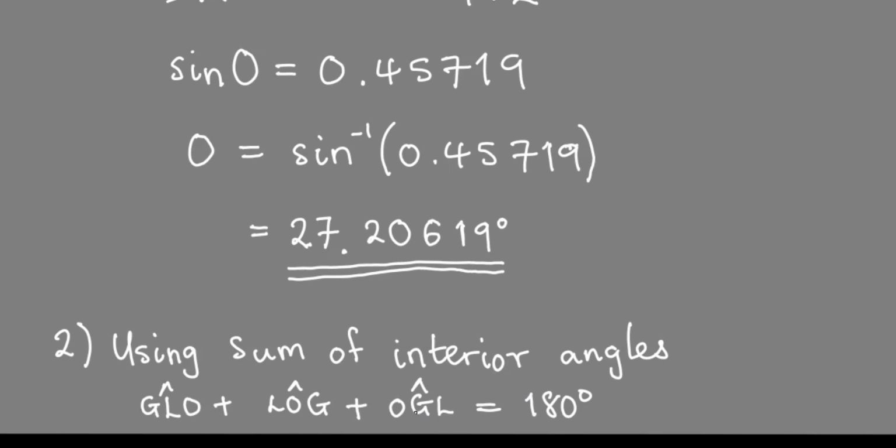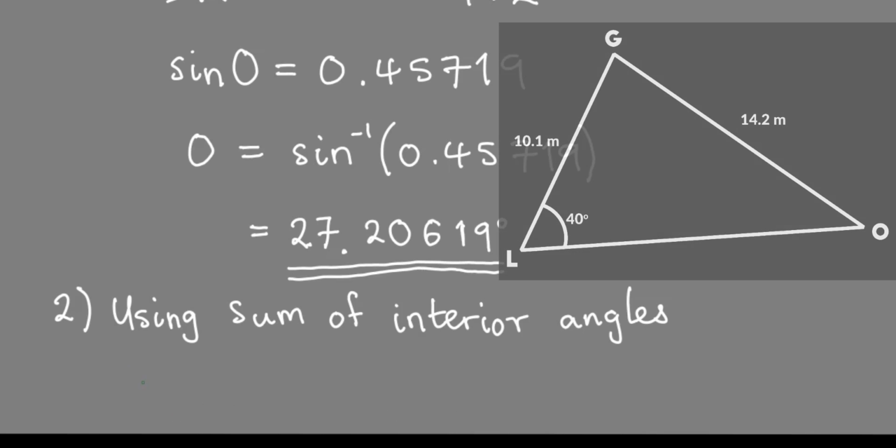So if we make OGL the subject, meaning these two angles here cross over to the right side and become negative, we're going to find the angle OGL. So the angle OGL is going to be equal to 180